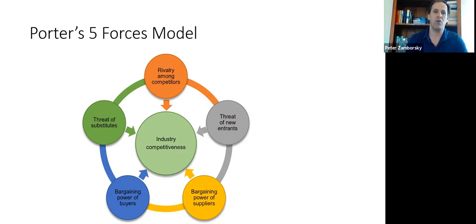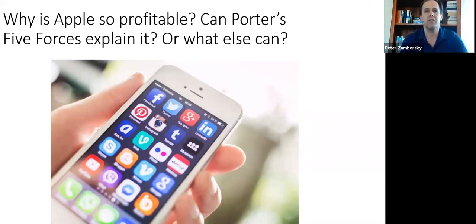That obviously depends on the rivalry among competitors as one of the factors, but also is affected by new potential competitors. So that's the threat of new entrants. Then other players that can provide substitutes to the current products in the industry. And then kind of the 2 key business parties to most of the businesses, the buyers and the suppliers and their relative bargaining power. So overall, these 5 factors affect industry competitiveness and the levels of profits in the industry.